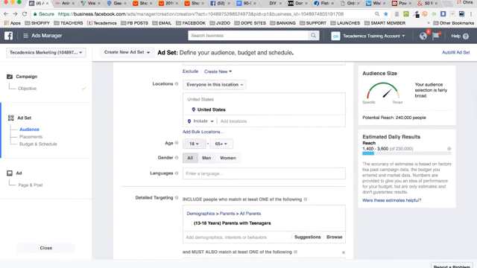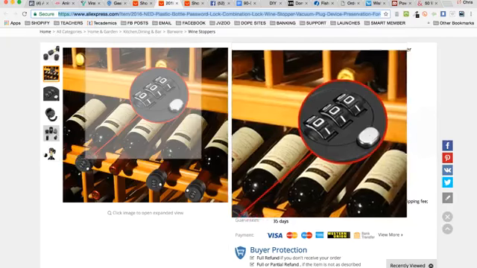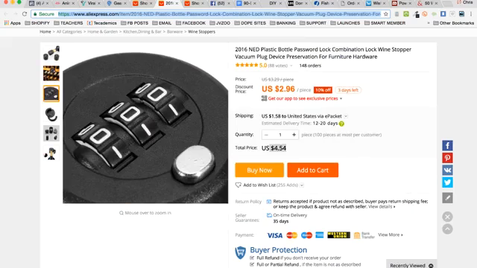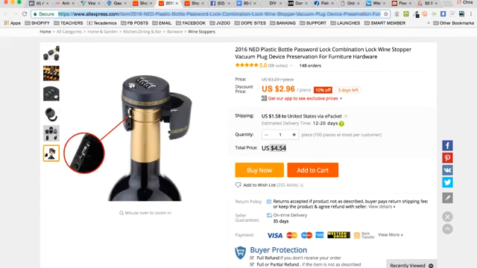Now, as a quick note, because it's wine, it's alcoholic, I'm going to go 21 and above with age. And then I might target men or women in the ad. But the point is, I now have an audience that I can sell this product to. So now I'm going to look at some pictures of this and try to find a great picture for an ad. Or what I probably will do is order this myself, order it to my house,